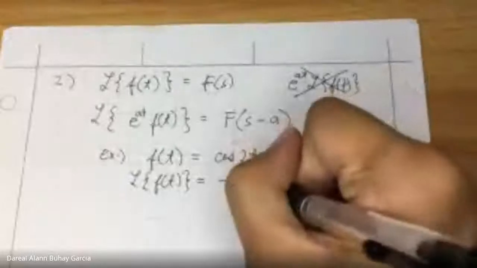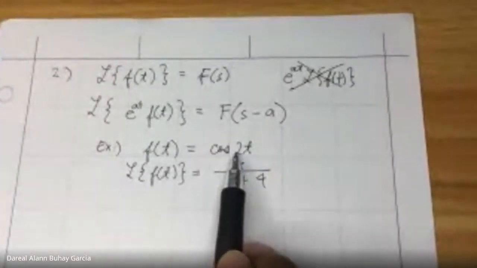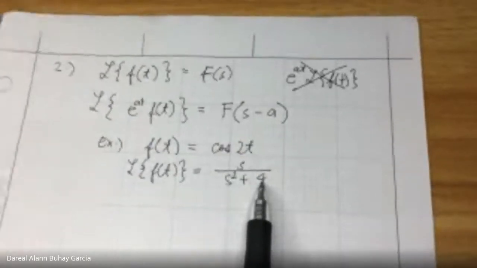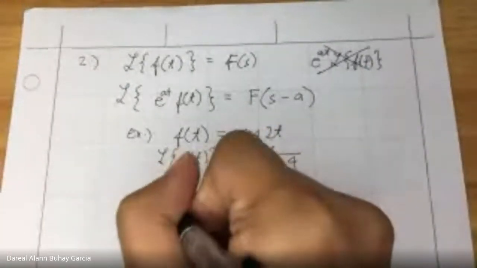Supposedly, the Laplace transform of a cosine is s over s squared plus a squared. Since a is 2, so 2 squared. That's supposed to be 4. No? Now, what if